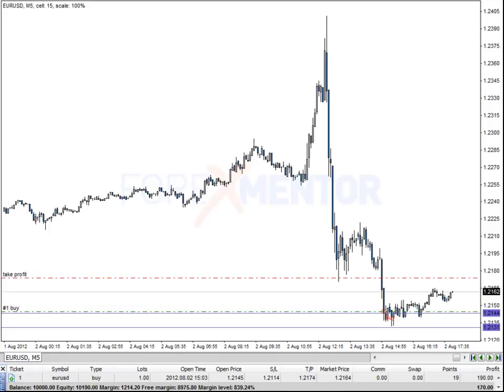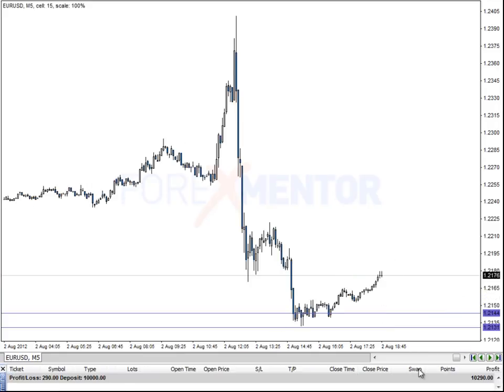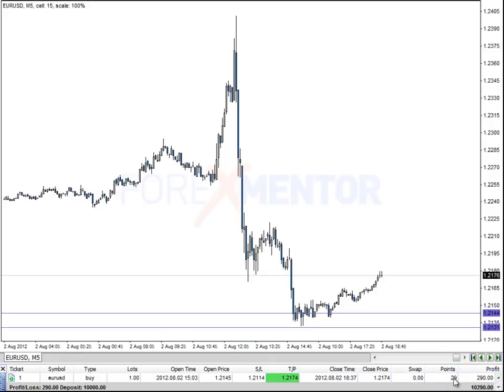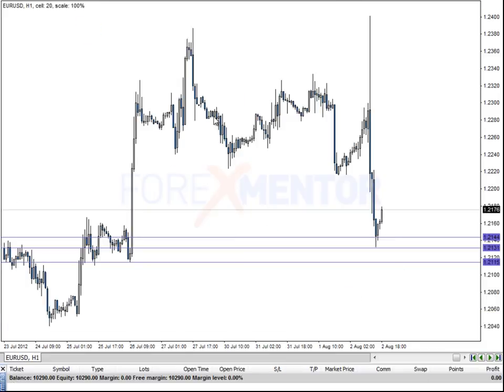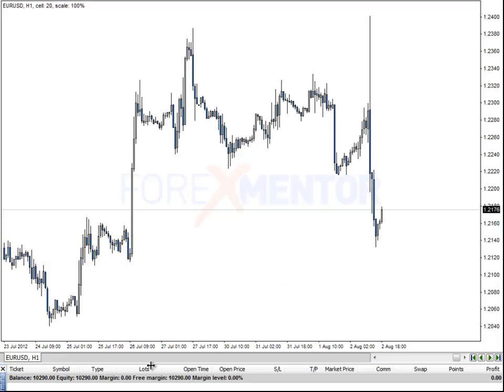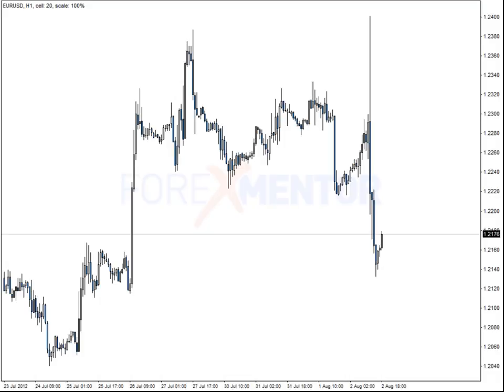Looking for a little pop up now. Okay, so then you got taken out, and you can see we made 29 pips. So basically 1 to 1. That's how I like to play these little scalps. We just go back to the hourly chart. I'll just clear all of that, and if we just step this forward,